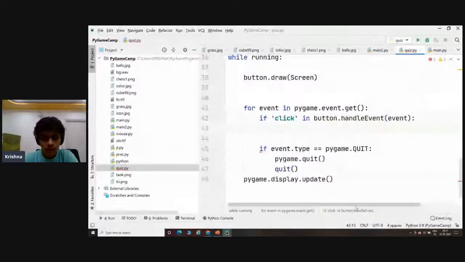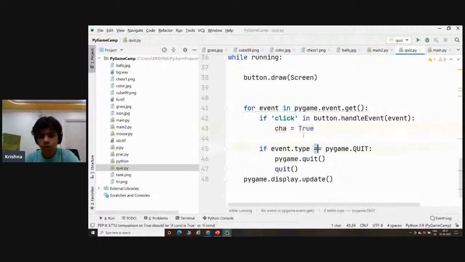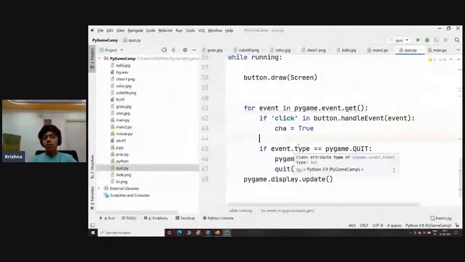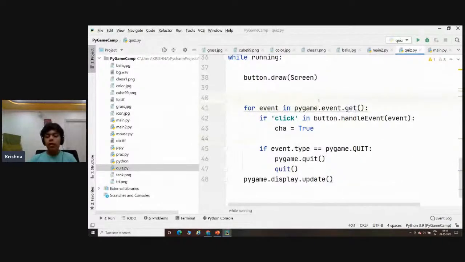Then we can say cha equal to true. Okay, cha not equal to cha equal to true. I'll just make you understand what really happened now. Now this is a string. As I told you, what happens when we loop through all the events in pygame.event.get is that there's a list of events, and inside of that there are different types of events, like a click, a drag, a hover over an element. All the data is stored in that list, and inside of that list, if there is a click event